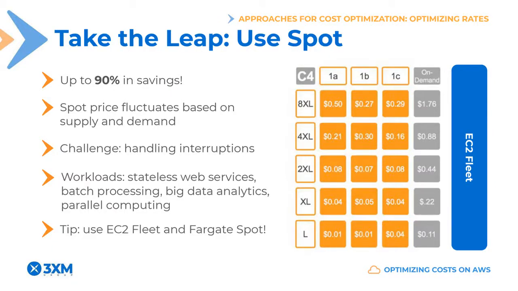Now, the spot pricing model, as I said before, is really, really interesting because it yields huge savings, up to 90% in the case of EC2. So how is this possible? Well, spot instances are basically excess capacity that AWS offers at discount prices. These prices vary based on supply and demand trends, right? So the catch is that eventually AWS will reclaim that capacity and give it to a customer who's willing to pay more than you, or who's willing to pay the on-demand price. So your workloads will be interrupted with a 2-minute notice, and you will need to have engineered your solution so that these interruptions are handled gracefully.